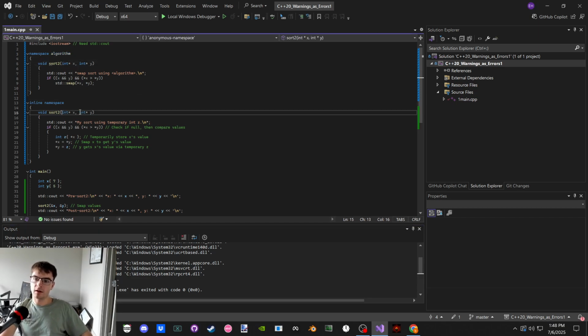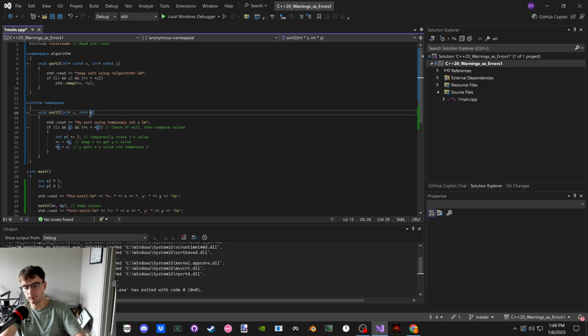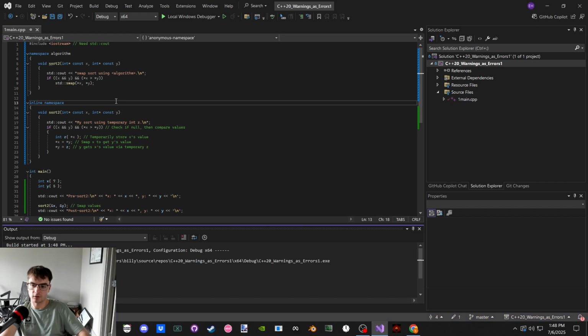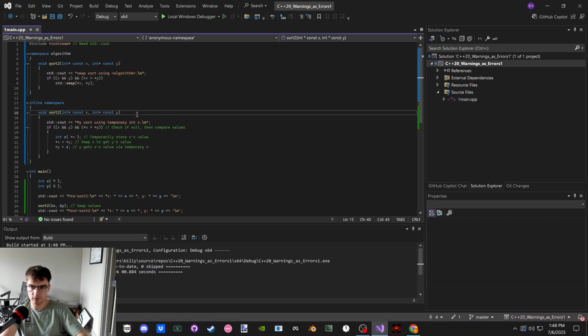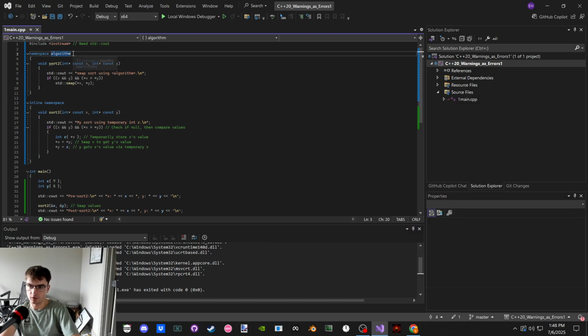We can't have these guys be const. We could make these const pointers so that they can't point to anything else, but just that their values can change. Same thing. Control backspace. Oops.